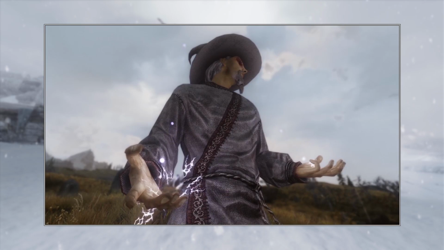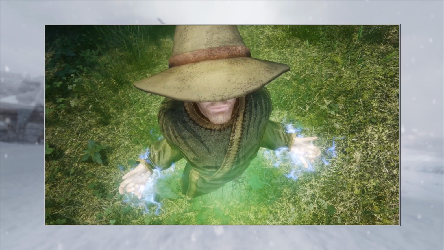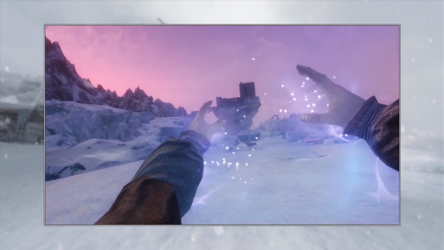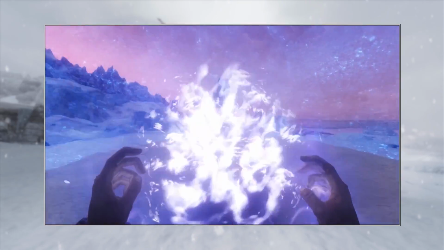This offers a selection of new animations for magic casting, making your character appear more tense and focused when casting magic in first person. We particularly like its new Master Spell animation, which makes your character slam both hands down to cast it. So if you're interested in that, we'll include our spotlight for it down below, where you'll also find links for all of